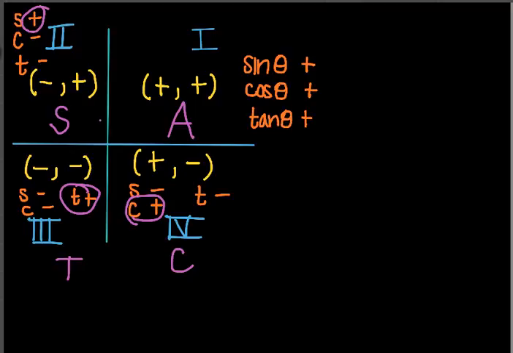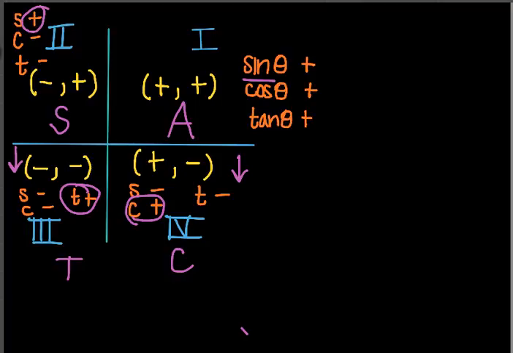I mean, another way to think about this is, you know, sine are your y values, right? So sine are y values. Well, if sine are your y values, then you know sine is going to be negative below the x-axis, right? So anywhere below the x-axis, you know sine is going to be negative. So you know sine is positive in 1 and 2. Cosine, on the other hand,